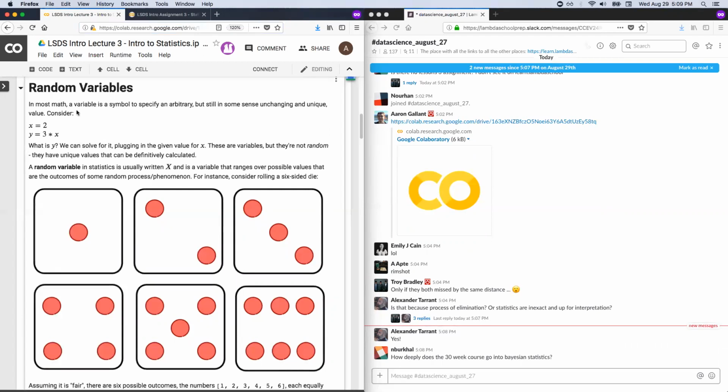So to really reinforce what we're talking about here, the foundation of statistics is this thing called random variables. And you might say, well, I know what a variable is, right? I did algebra. I wrote some programming stuff. There are variables there, right? Yes, those are variables, but in most of math, when we just call something a variable, that's a symbol for something that is arbitrary and perhaps even unspecified or unknown, but in some sense, unchanging and unique. It is still some singular value. We don't know what it is, perhaps, or we have to figure it out, but it's one thing anyway.